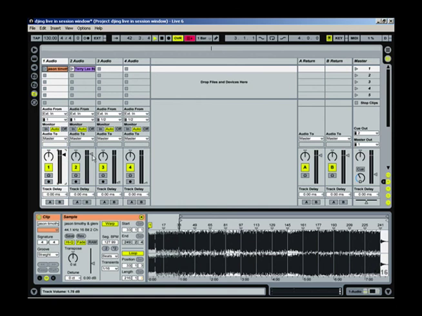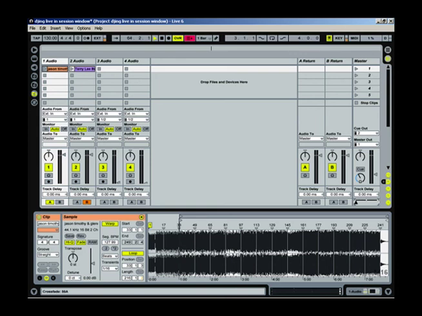Now you could also work with a crossfader, and in that case you would just go ahead and leave both of your volumes up, and you would assign. Here's your crossfader over here. Follow my arrow. Down here is the actual crossfader. Goes all the way to the left and right. Now, the right side is going to represent A. So, excuse me, the left side is going to represent A. So you want to put your first audio track on A and your second audio track on B. That way,